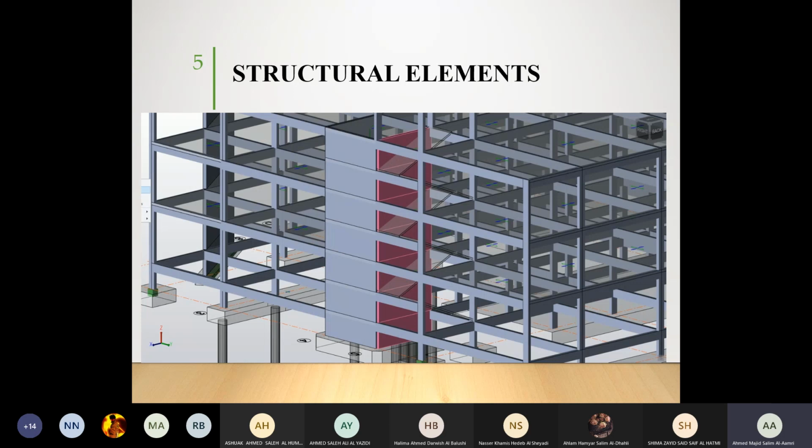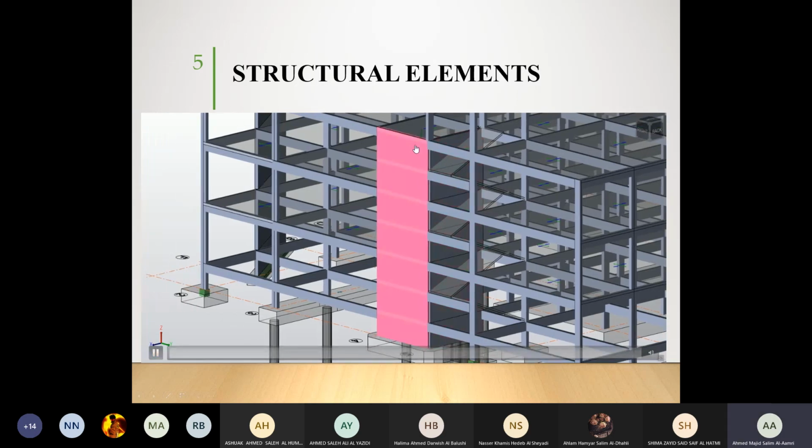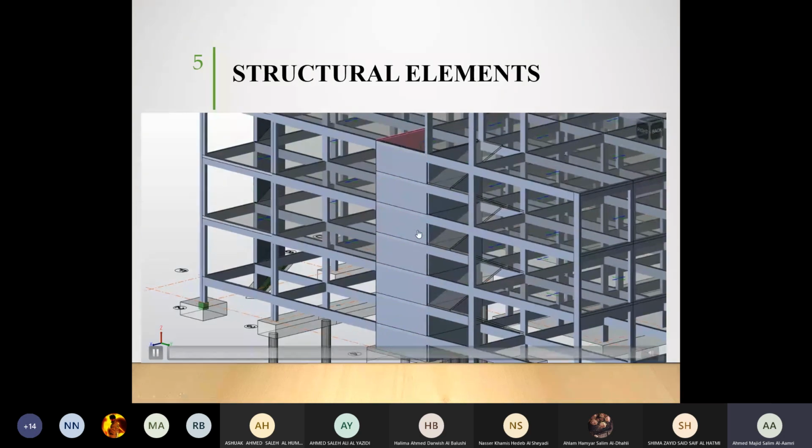Shear walls represent RCC walls, which protect you in case of lateral loading from wind and seismic. One rule from the municipality says that if you are designing a building of more than 3 stories, you cannot have it without designing a lift, and the lift acts as shear walls or a combination of shear walls. So this is the first shear wall. Once again, a shear wall is an RCC wall which is fully concrete and steel. So this is the first shear wall, second shear wall, and then we have the third shear wall.